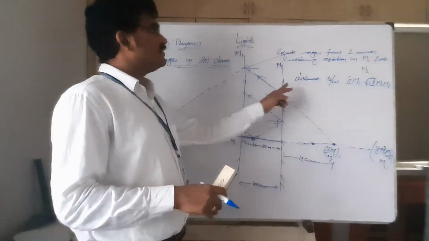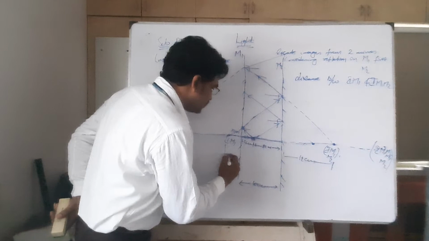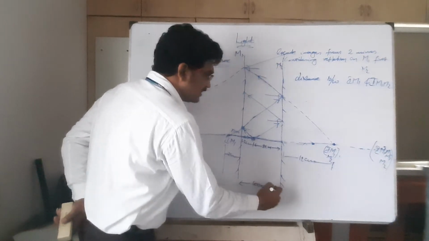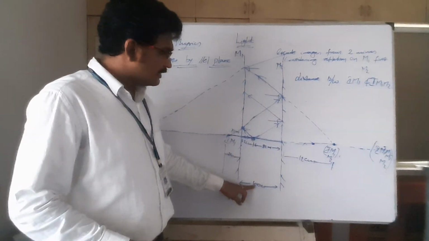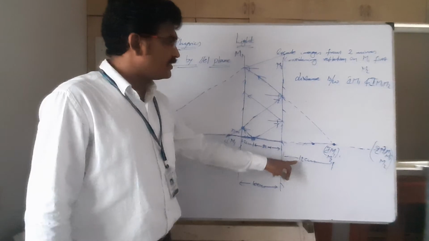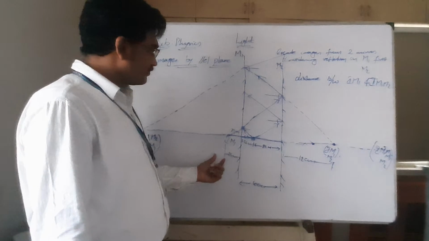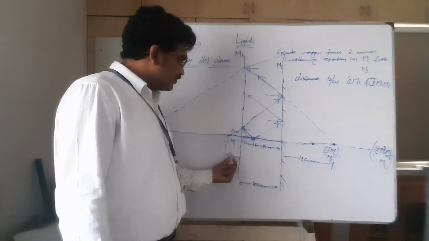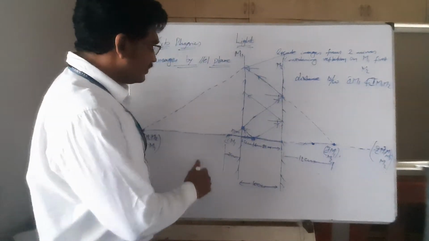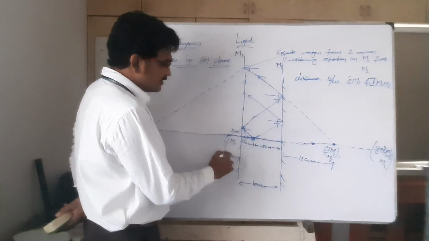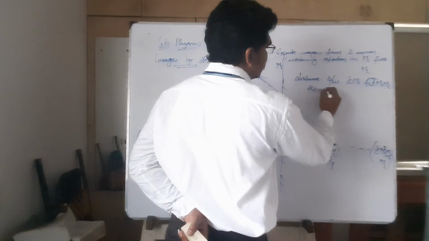Now the question is, the distance between IM1 and IM2 means from here to there. What is this distance? 2 centimeters. This is 10 centimeters. This is 12 total. So 2 plus 10, that is 12. 12 plus 12, that is 24. So what I can say here is the distance between this one and this one, that is what you should understand. Sometimes the question asks what is the distance between IM1 and IM2, which means this is 2 centimeters, this is 10 and this is 12, total 24 centimeters.